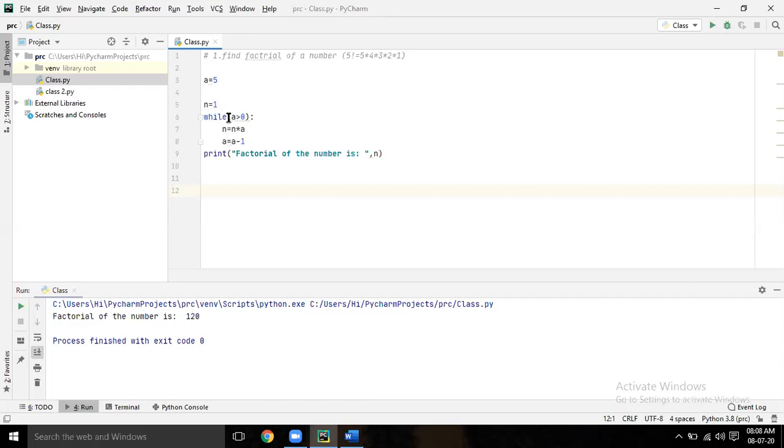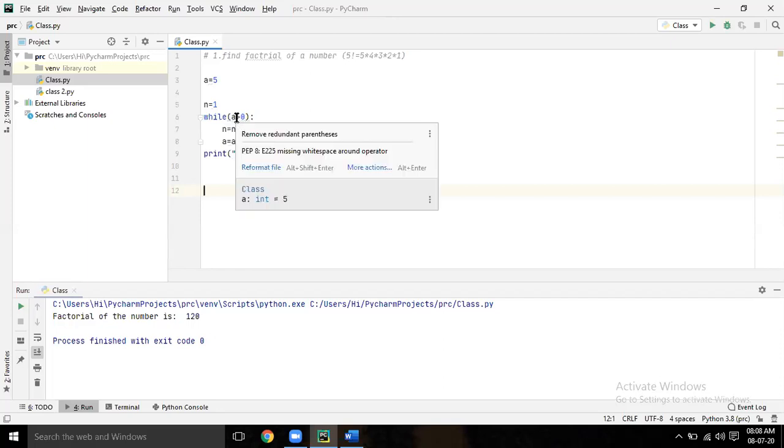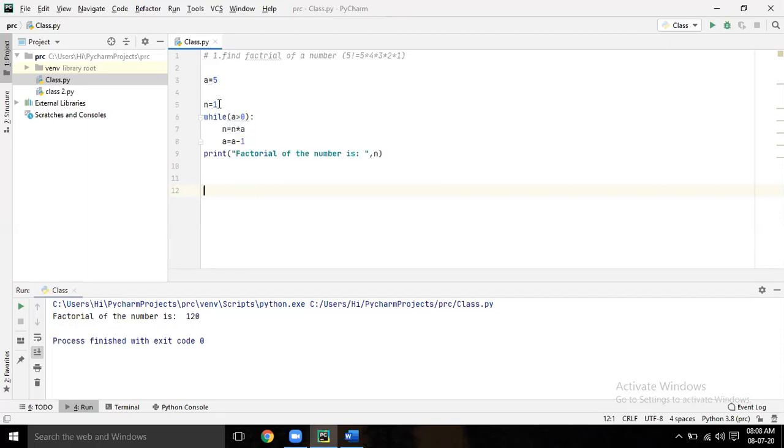Why have you taken 1, not 0? If you take 0 and multiply with 5, it will go 0, sir. Correct. If you take 1, it is the best, because with 0 it will totally vanish. So that's why you take 1. When you are taking any multiple, you have to take 1 only, because a multiple of anything with 1 is equal to that same thing. But when you are adding, you have to take 0.